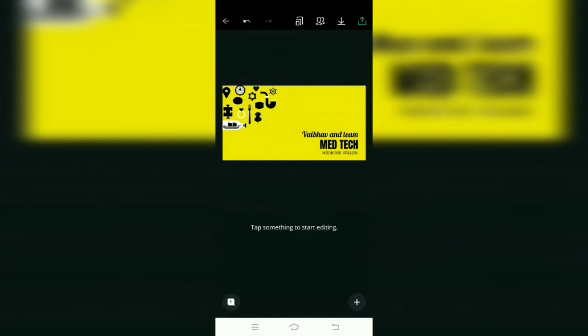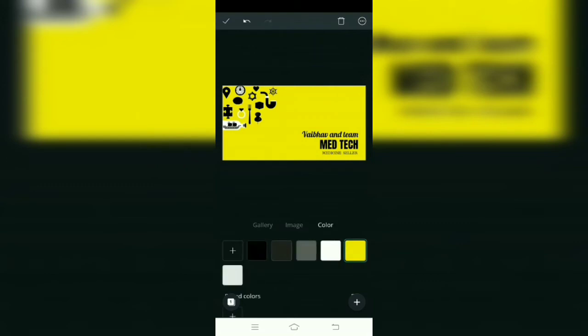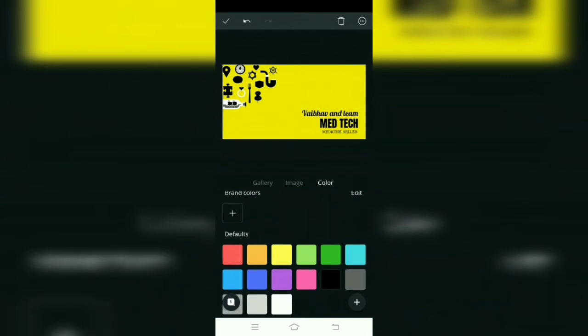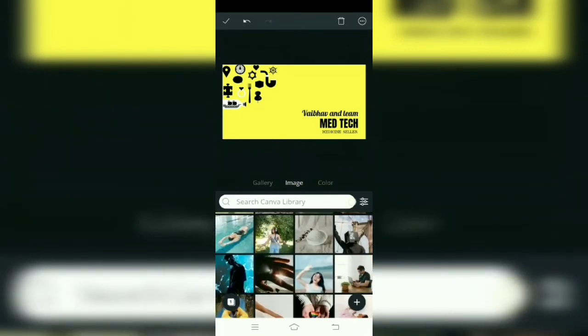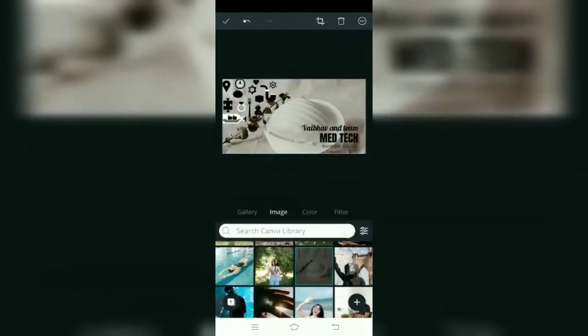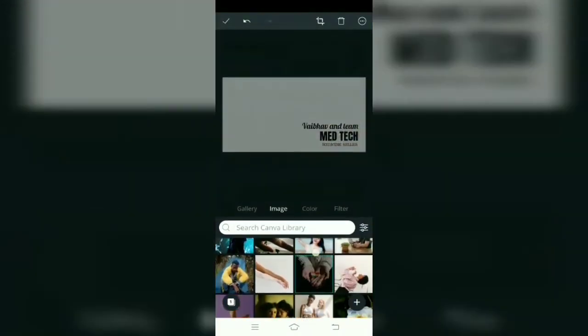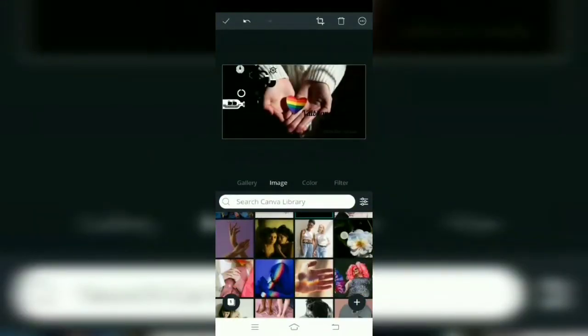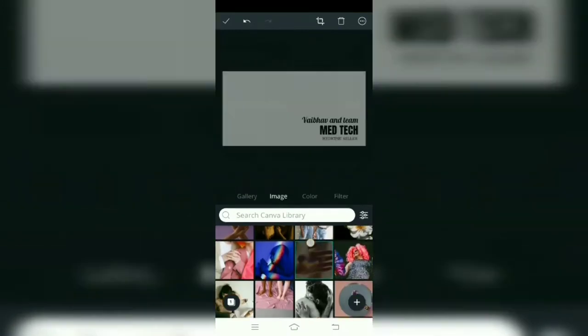Here again we can change the background by pressing text, image, video, figure, illustration, template, logo, page, etc. If we have to change the background, we will double press on the screen. Here there are 3 options: gallery, image, color. If I have to change the color, I can choose red color, orange color, this type of color. If I have to change the background, I will press on image and simply choose this. This is also looking nice. By the way, we can choose this also, but as this is not compatible with ours, we will not choose this.